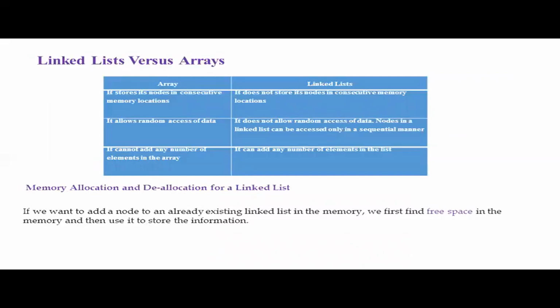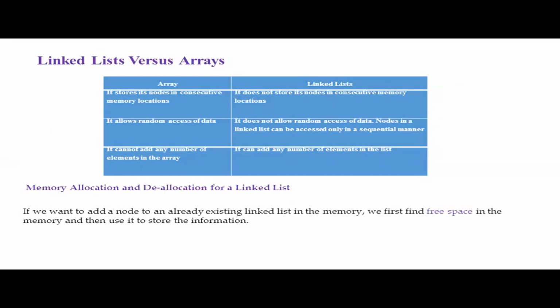Now, let us compare array-based implementation of list ADT and linked list implementation of list ADT. In array-based implementation, the main thing is all the elements must be stored in sequential memory locations.